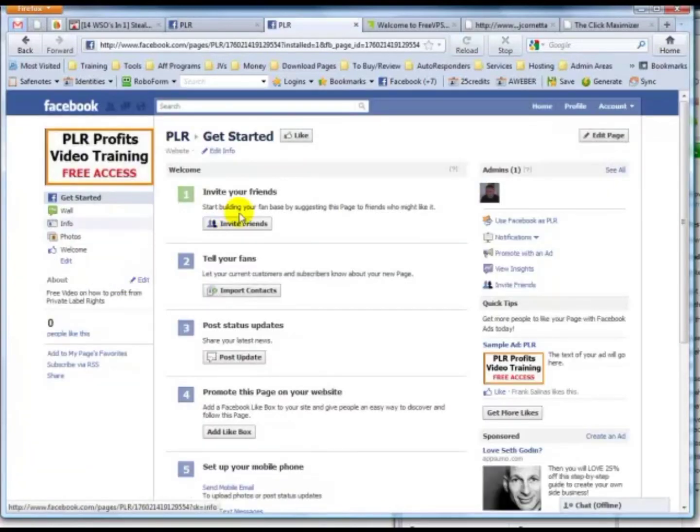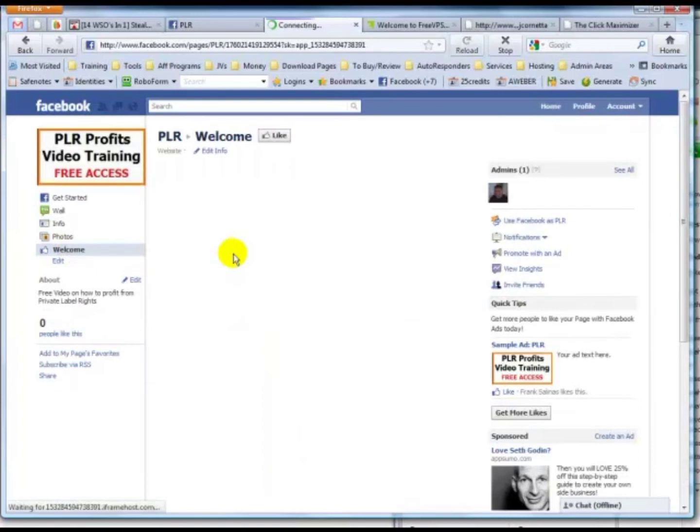Okay, so now we have added it to our fan page, and looky there, it's right there. Now we're going to edit, and this is why it's so cool, because you don't need WordPress, you don't need any plugins, you don't need any special software scripts to install on your site. You can virtually set up your fan page just using Facebook, and that's it. So we're going to click the edit,